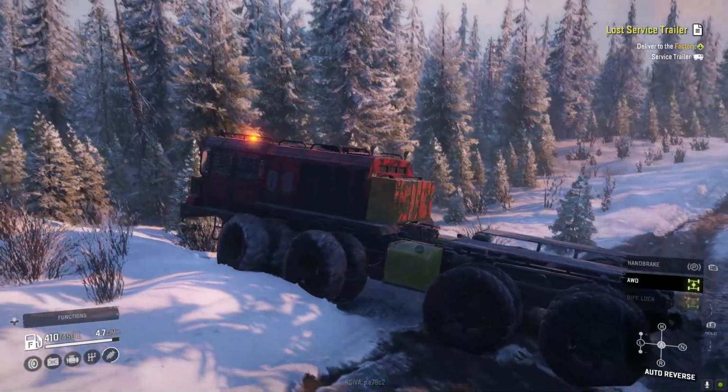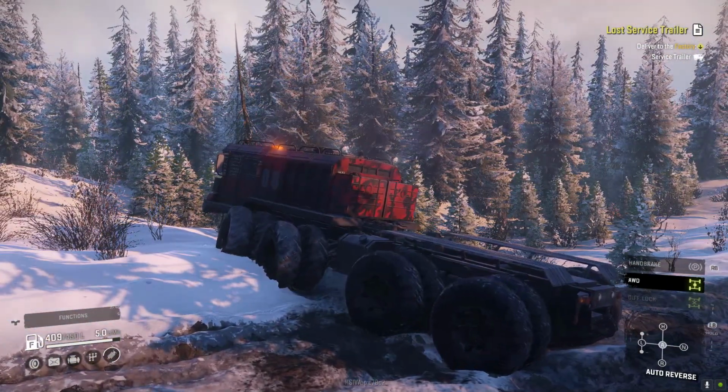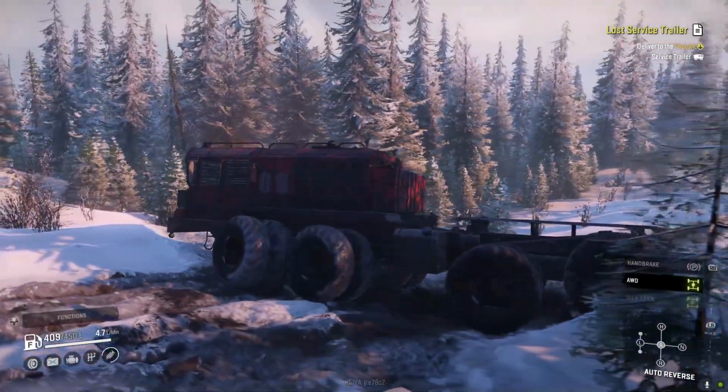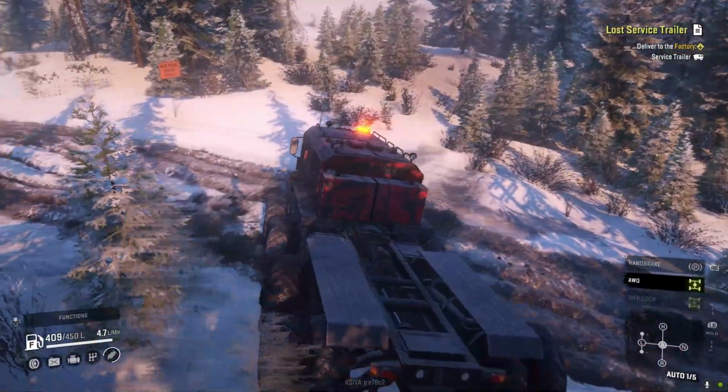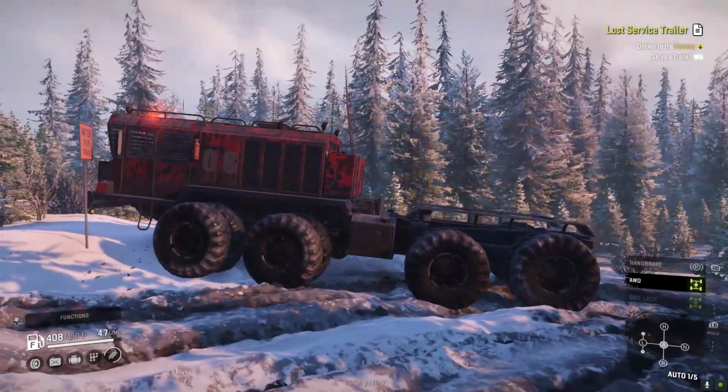I've noticed any mods that use that type of suspension or axle setup in the rear, if you hit some uneven ground in a certain way, or you hit a bad bump, it will do that. It's very strange. I think the